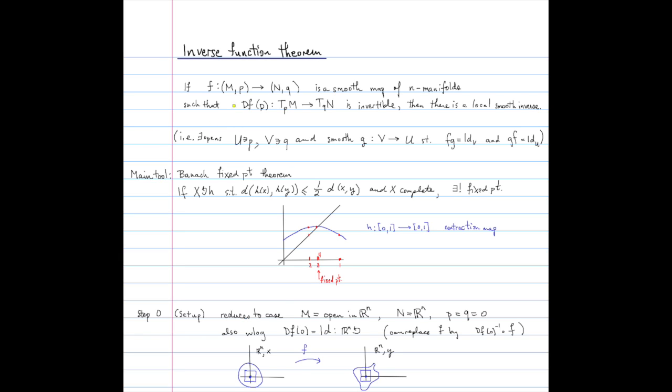So more specifically, what we're gonna need to show is that there's an open set U of P, an open set V of Q, and an inverse that takes V to U, so that we have F going from U to V, G going from V to U, and they are inverses, meaning that FG and GF are given by the appropriate identity maps. Okay, so this theorem